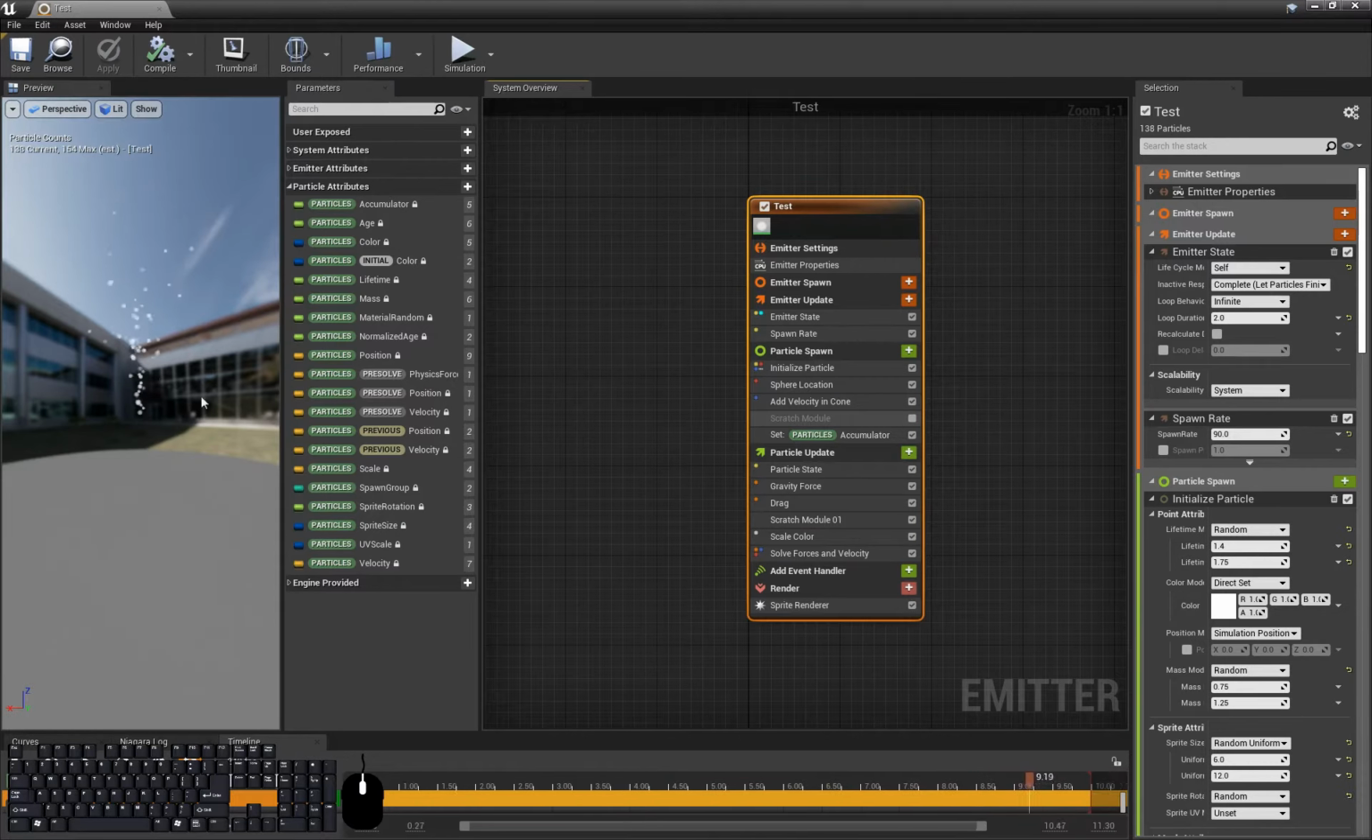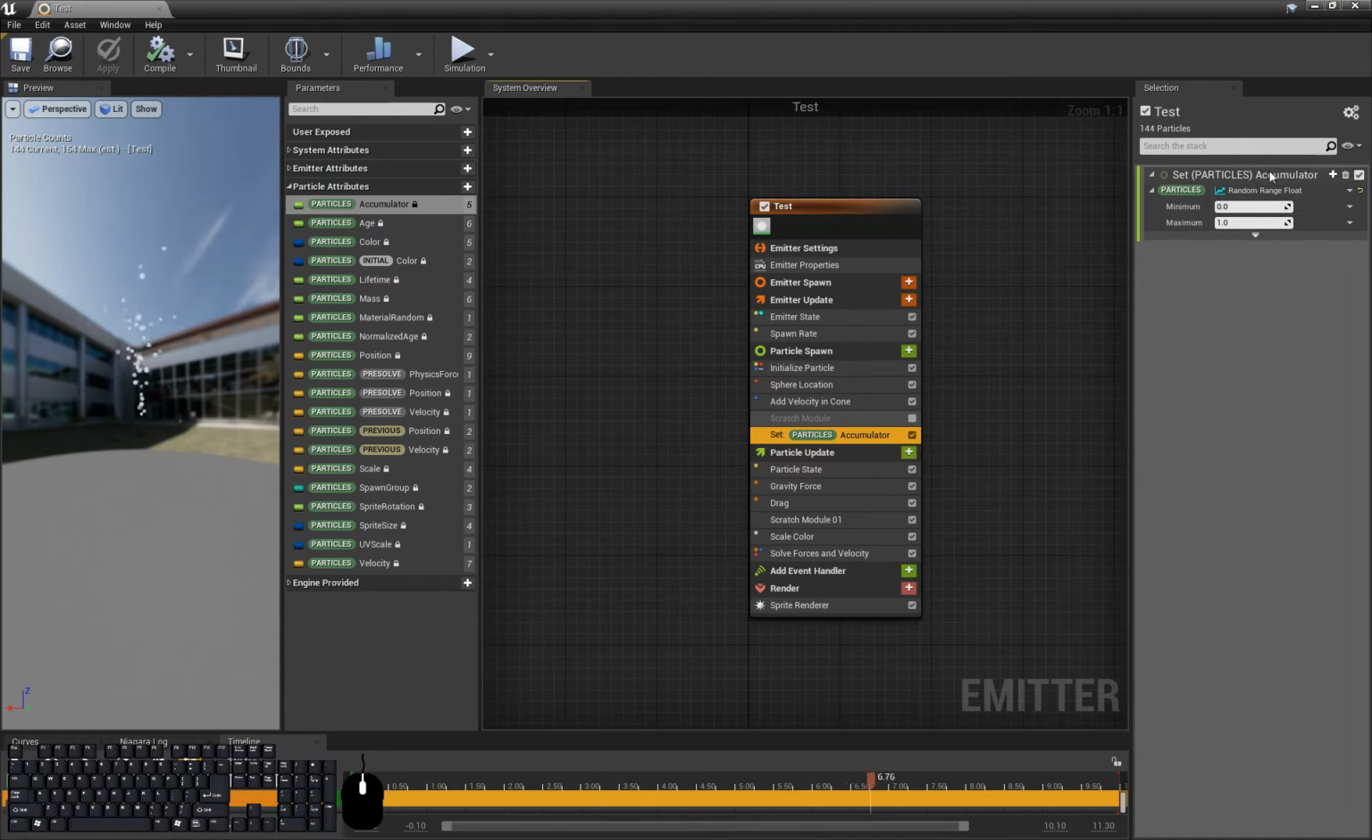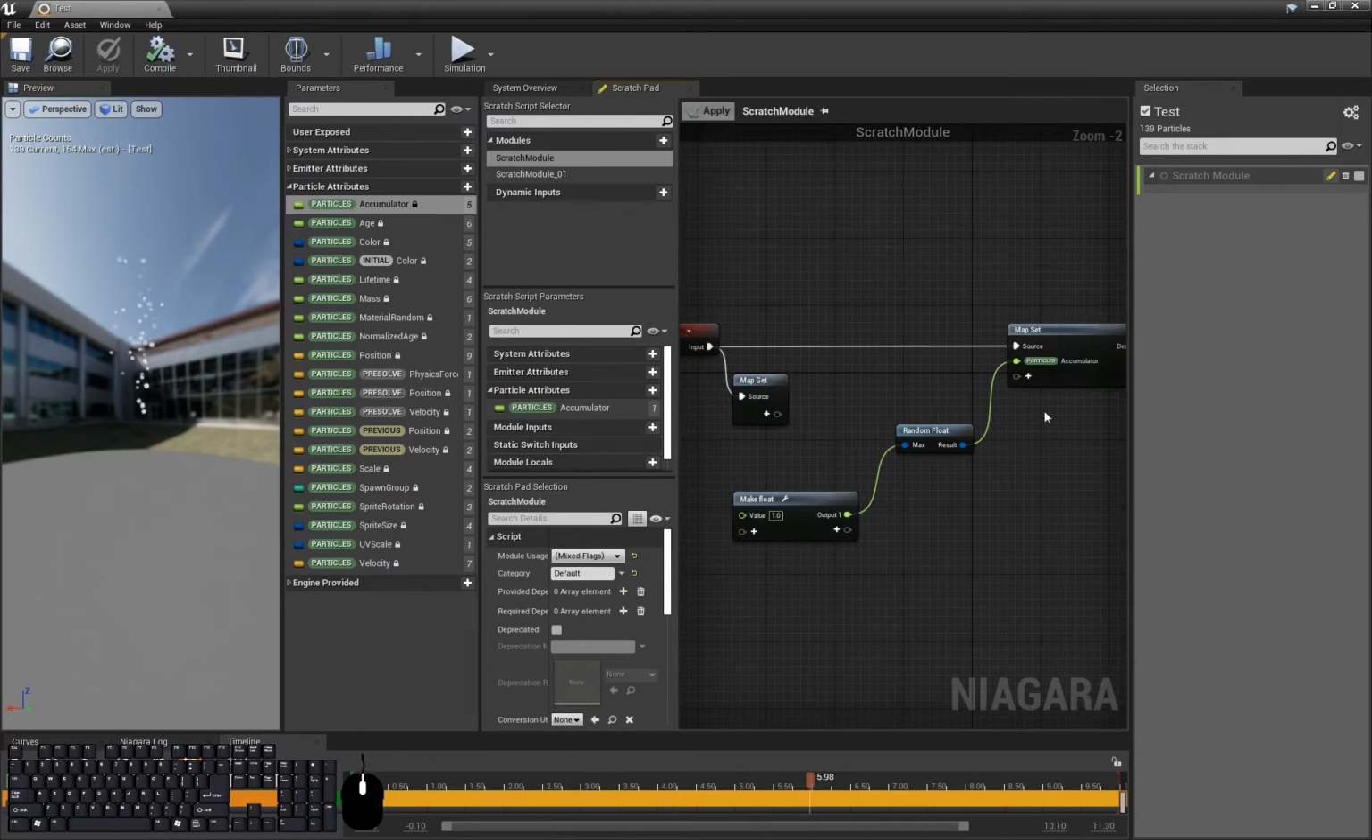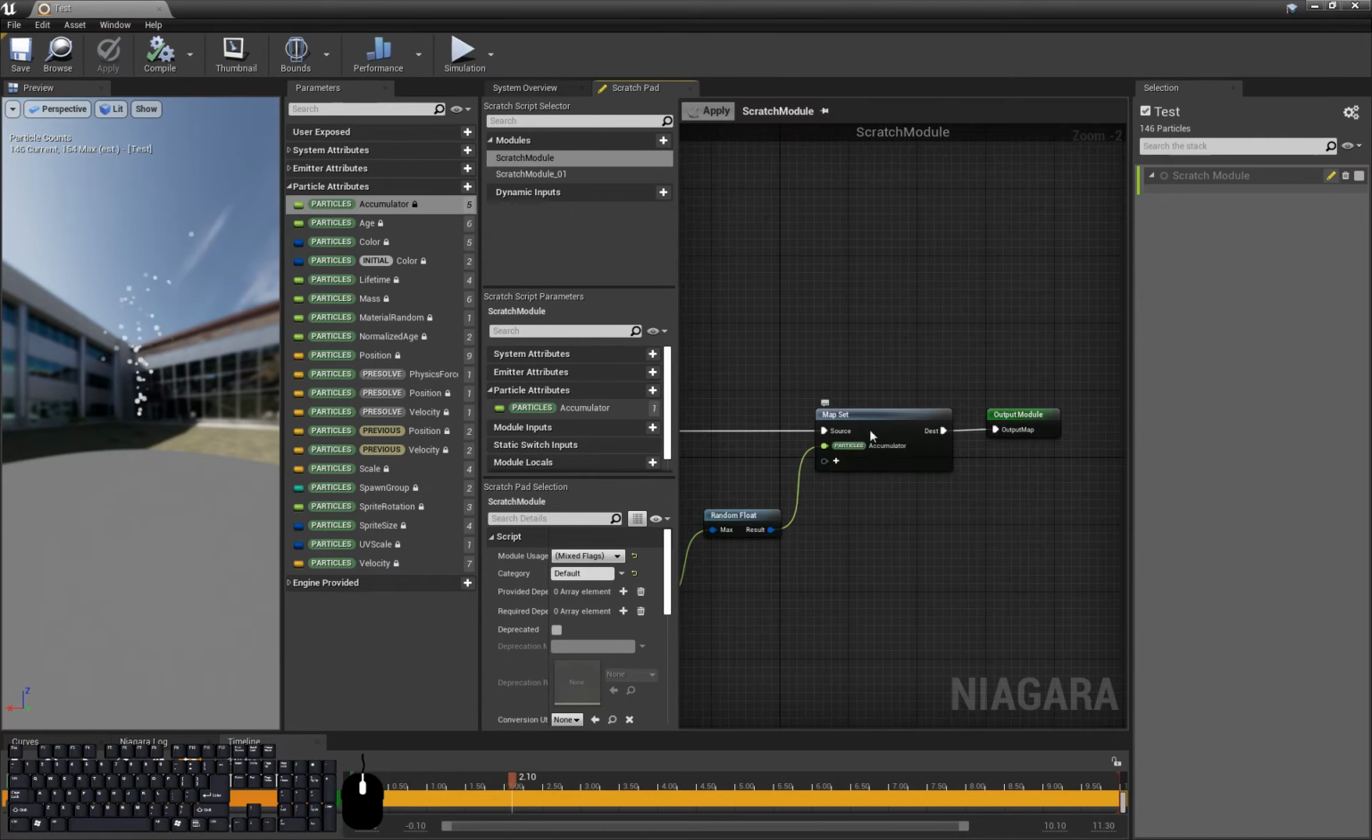Here I have a test effect, just the basic fountain, one of the basic templates that comes with Niagara. On this panel you see all the particle storage, so the particle attributes. Here I added a new one that I called accumulator. On the particle spawn stage I have a set particles accumulator where I set it to a random float between 0 and 1. I also made a scratch module that I disabled, which does basically the same thing except it's done in nodes. I compute a random float between 0 and 1 and I assign it to the